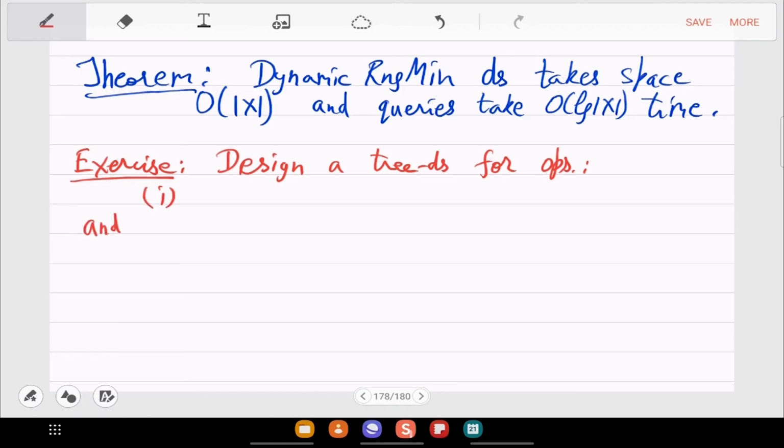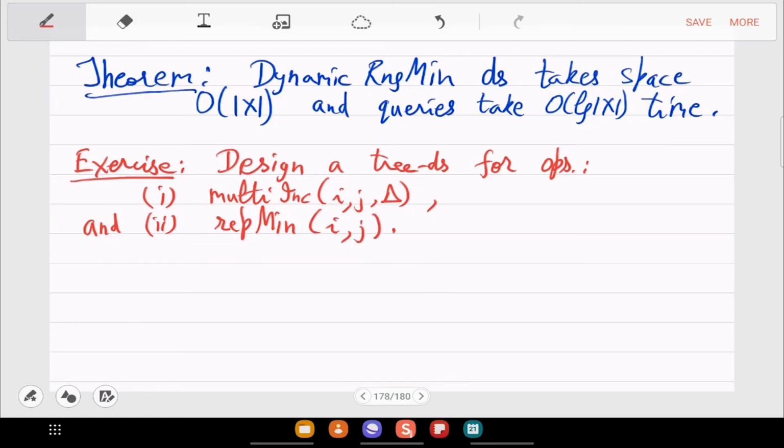First is multi-increment, and second is report the minimum, range min. Multi-increment, you saw the interval tree idea with increments. Report min, you saw this idea with putting min. Now you want to do both at the same time as an exercise.